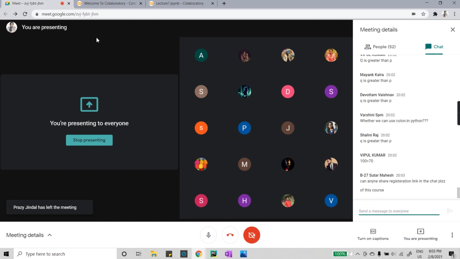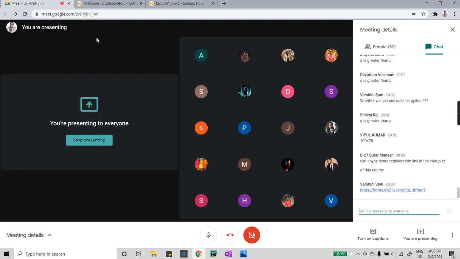We have just discussed the types of operators, three types. Now, can any one of you unmute yourself and give me a quick summary of what we have just discussed about types of operators?